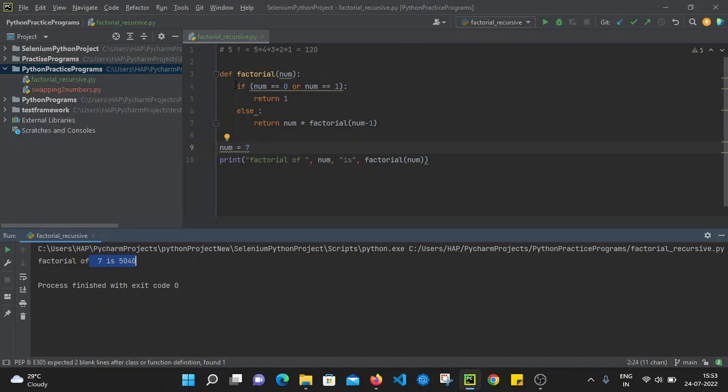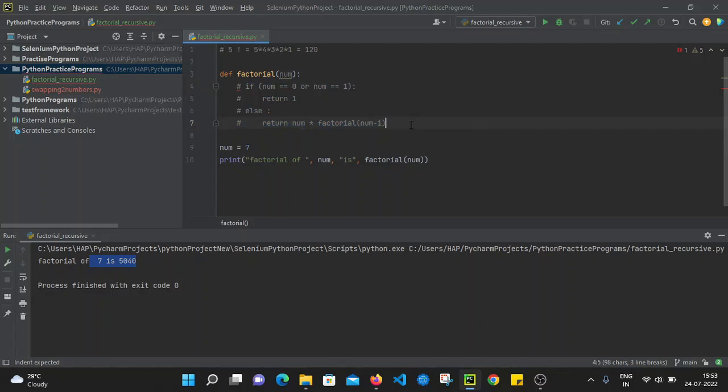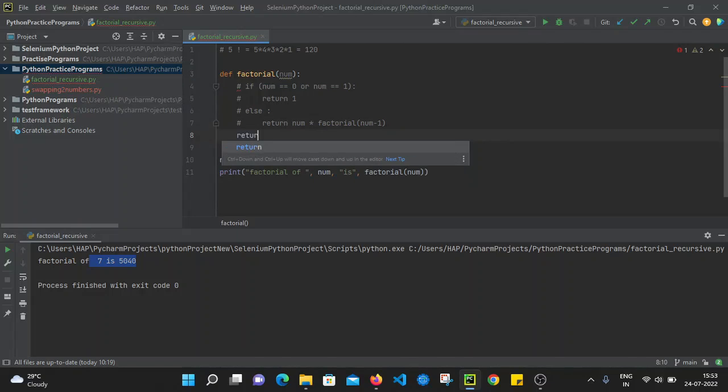Also, in a similar way, by using a ternary operator we can calculate the factorial. So I can reduce these lines of code to only one statement. I'm commenting these lines by pressing Ctrl and forward slash, and now I'm using one statement here. So let's see, I am just returning 1 if num equals 0 or num equals 1,